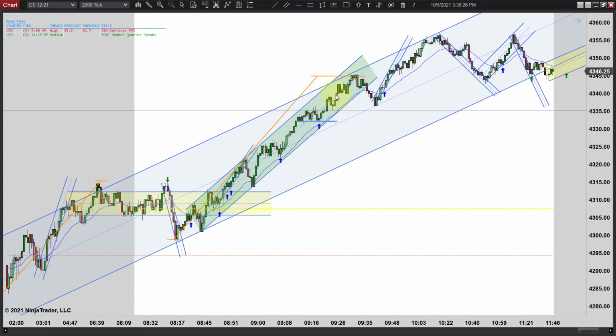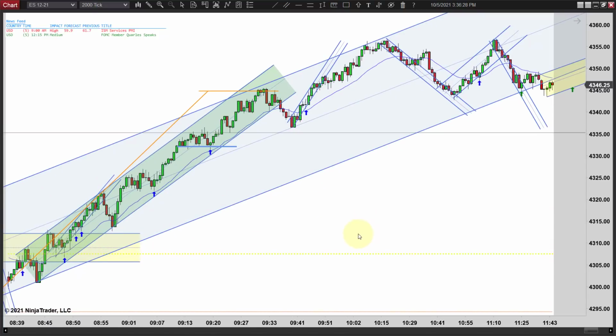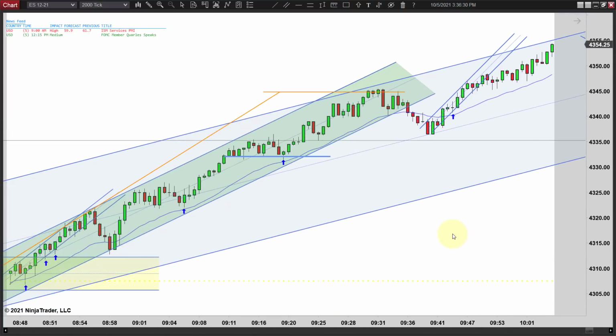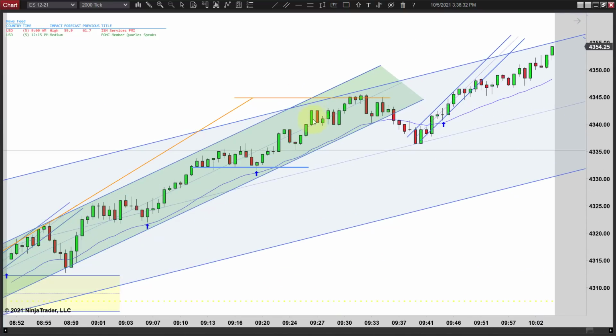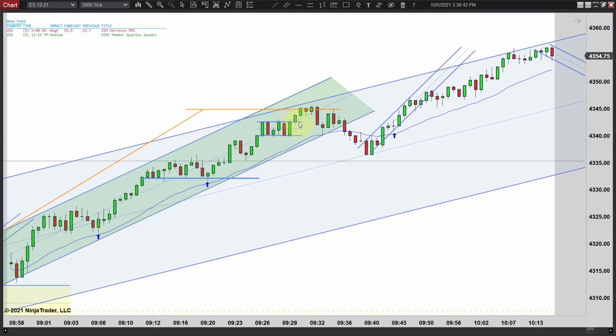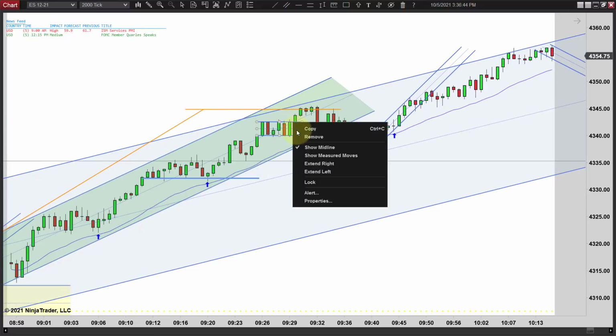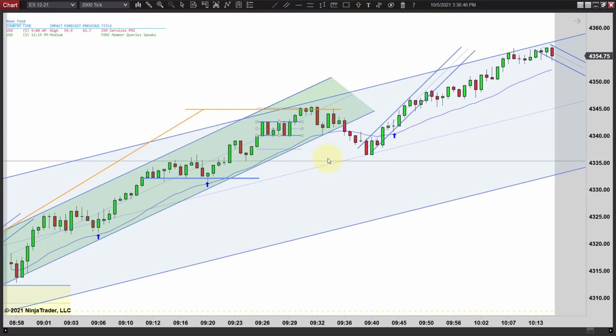But then we're just kind of, let me zoom in a little more here. And you can see there's just not much happening here. We're too much sideways. I don't think you want to enter that. It breaks out. Probably goes a measured move. And you can see that's basically a perfect measured move that comes back and it tests. It actually pushes a little more to a measured move here.